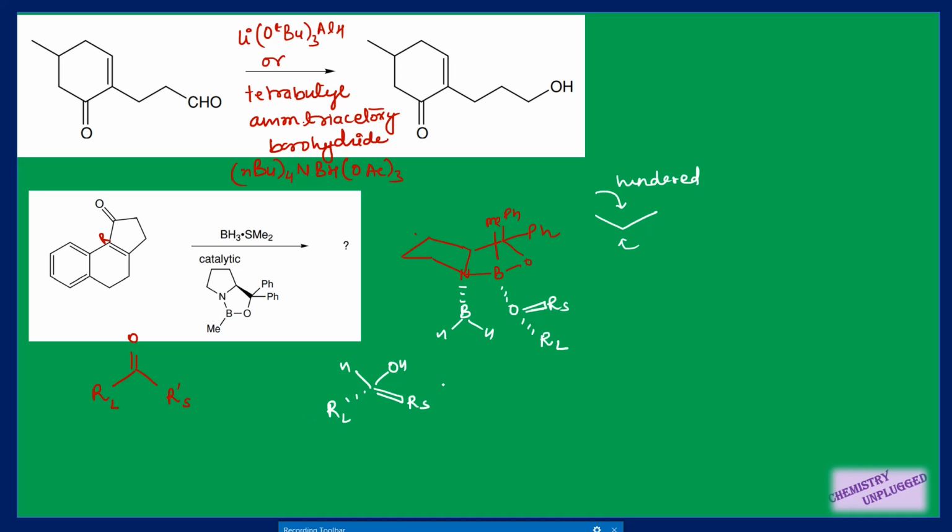If you have any doubt, you can watch my previous video. There I have told you in detail how we can rotate these alkyl groups to get this OH on the above the plane or below the plane side, right? So in this particular example, your RL is on the left hand side, and when it is on the left hand side, you will get OH on the below the plane side, right? If you have any doubt, I will again say that you can go to the description box and see my previous video on the same topic. I think it is chapter number 7 part 5, so you can watch it there.